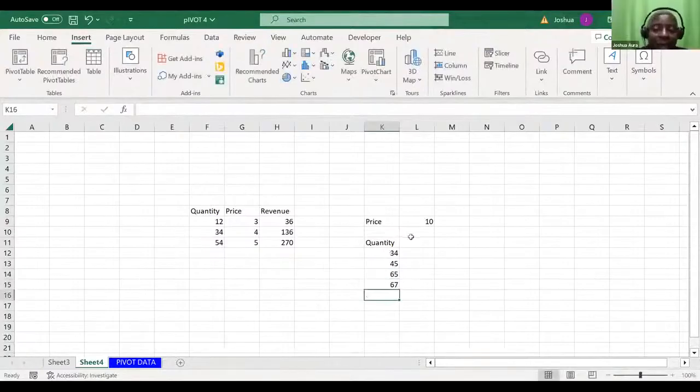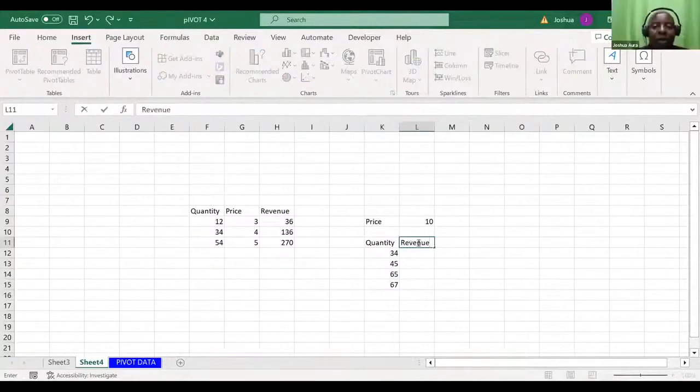And then he'll tell you, please give me revenue. But you see, this price is supposed to be constantly used. So how do we get the first revenue here? To get the first revenue, we'll say equals, I pick the price, but because this price will be used consistently, who knows what I'm supposed to do to it?